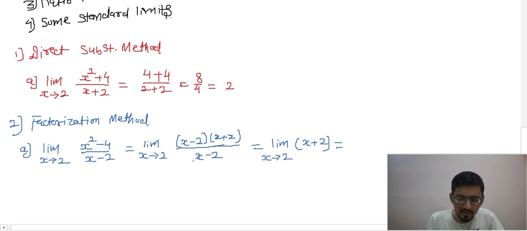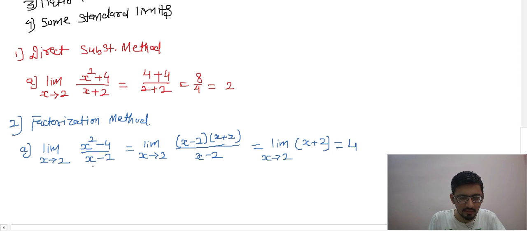Now see, after factorization, you can see these got cancelled. This part only was creating the problem. That only got cancelled. So after that you will do the substitution only. So you will put 2 plus 2, 4. So what I can interpret is, if x is approaching 2, the function is approaching towards 4. However, in this function f of 2 cannot be 4, because 2 is not there in the domain.